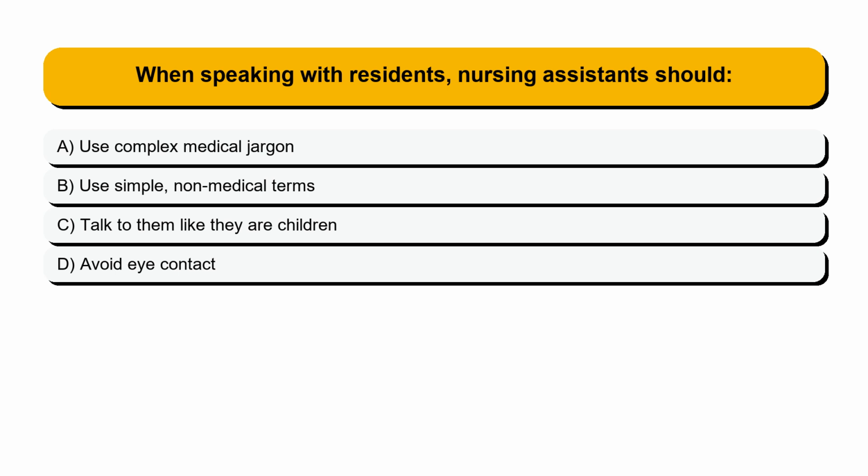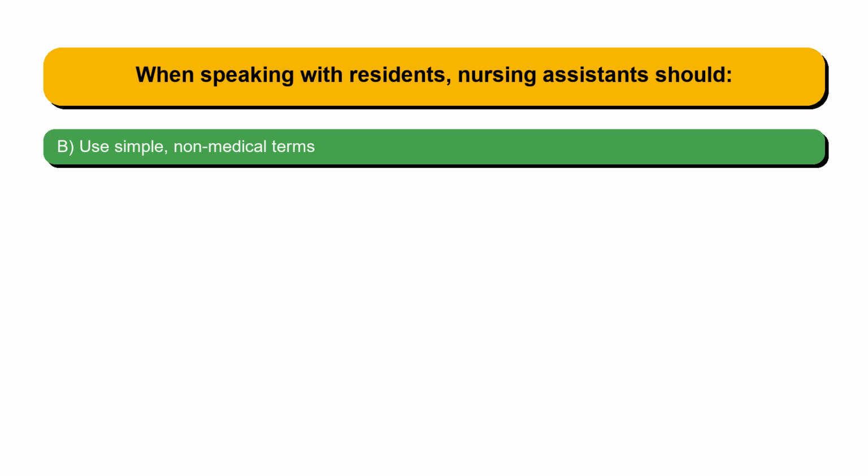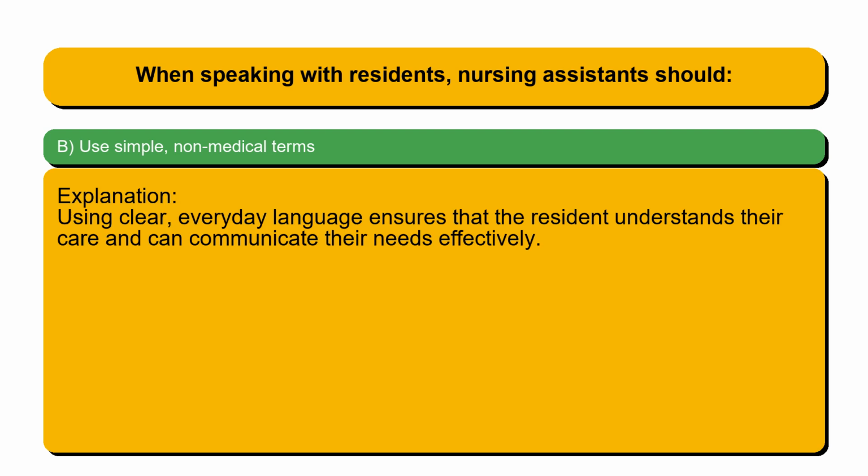Question 69. When speaking with residents, nursing assistants should: Option A. Use complex medical jargon. Option B. Use simple, non-medical terms. Option C. Talk to them like they are children. Option D. Avoid eye contact. The correct answer is option B. Use simple, non-medical terms. Using clear, everyday language ensures that the resident understands their care and can communicate their needs